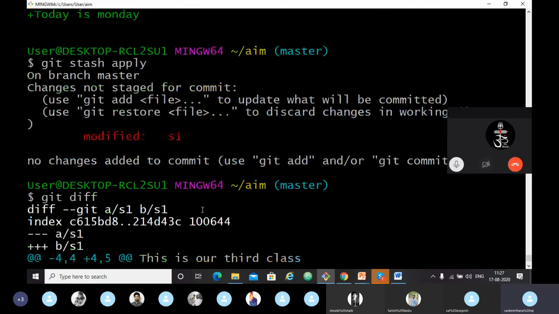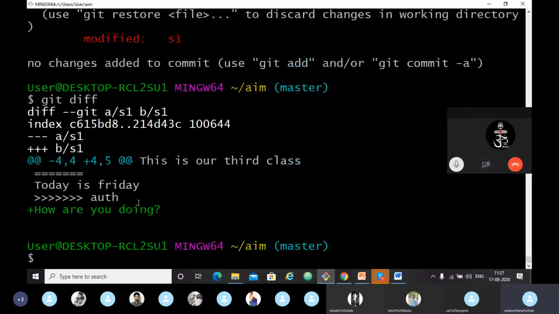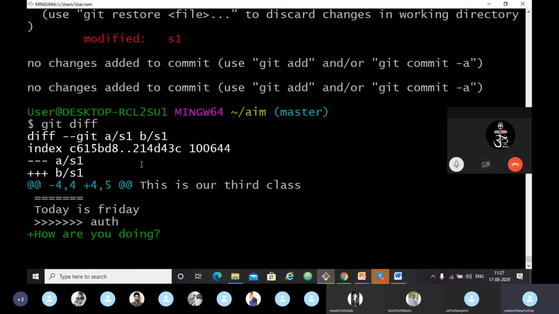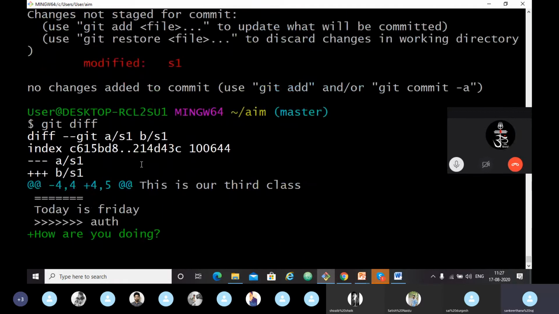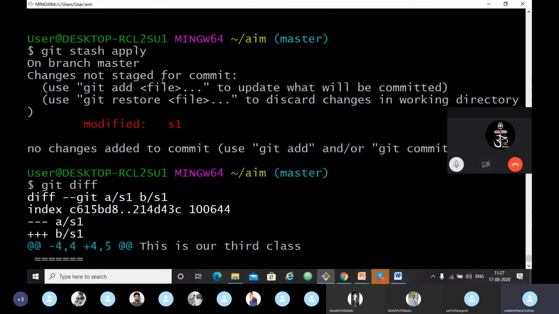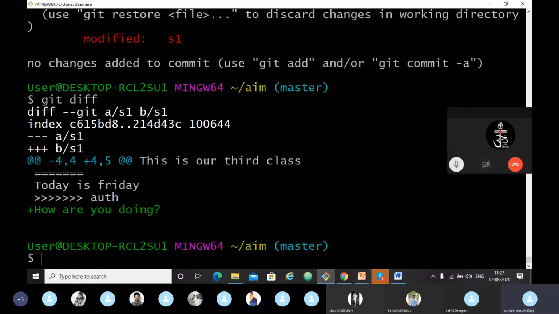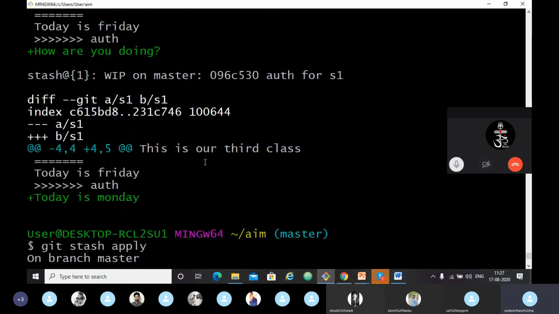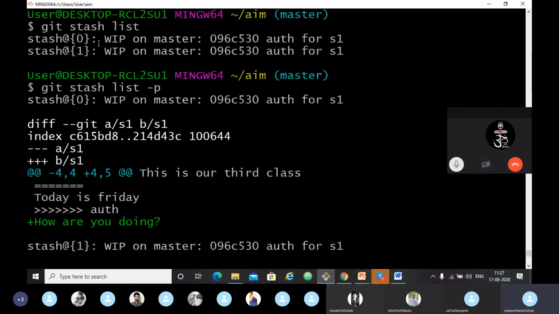Today is Monday is not there, because we have reapplied our changes, meaning we have removed it. Generally, git stash apply refers to the most recent stash. If you want not the most recent one but the first one, you can use its stash number. You can just type git stash apply stash@{1}.